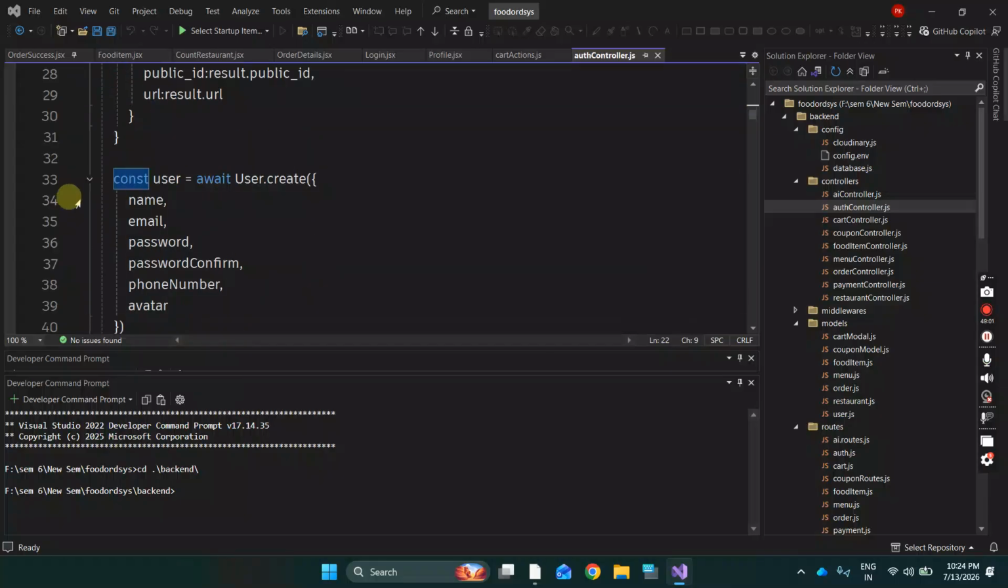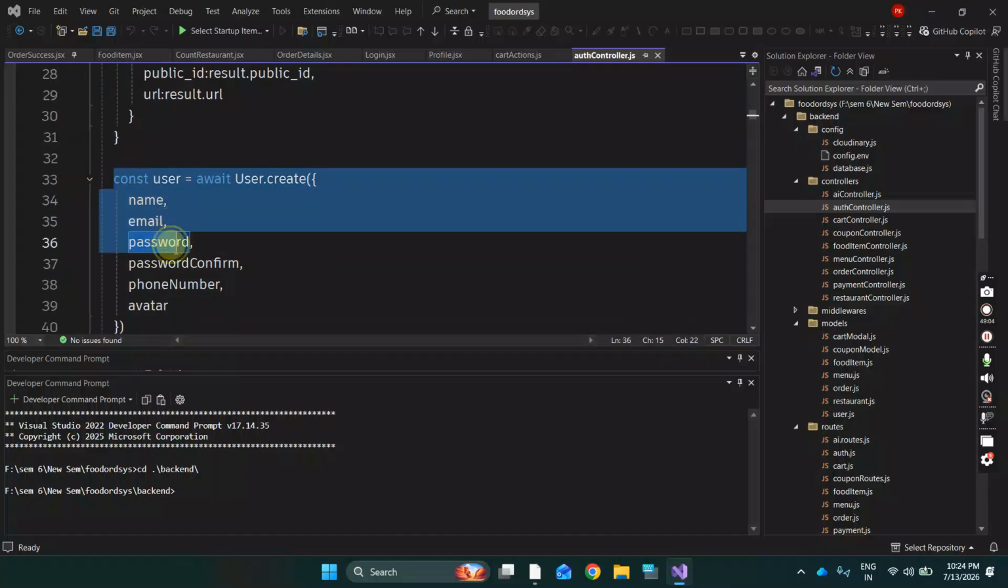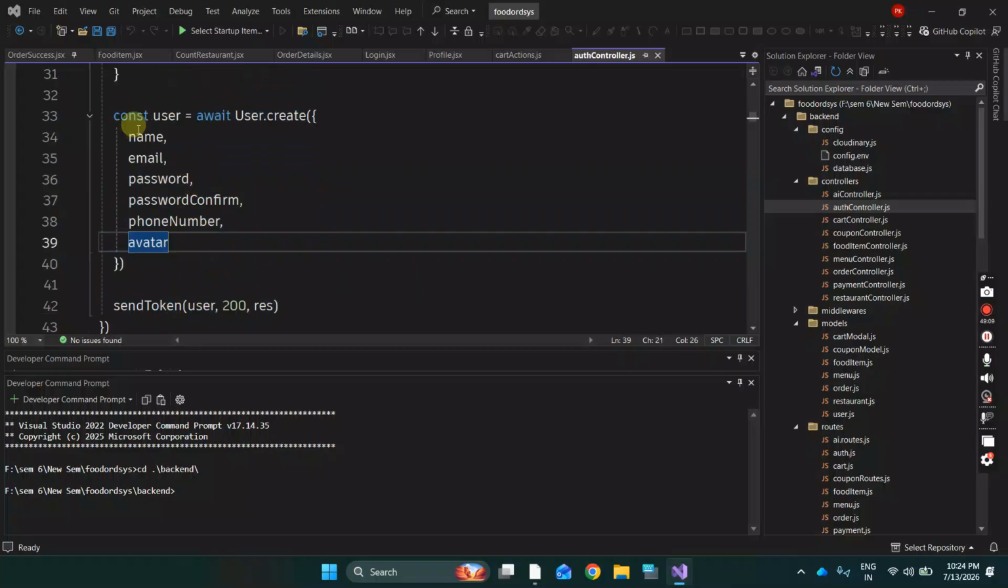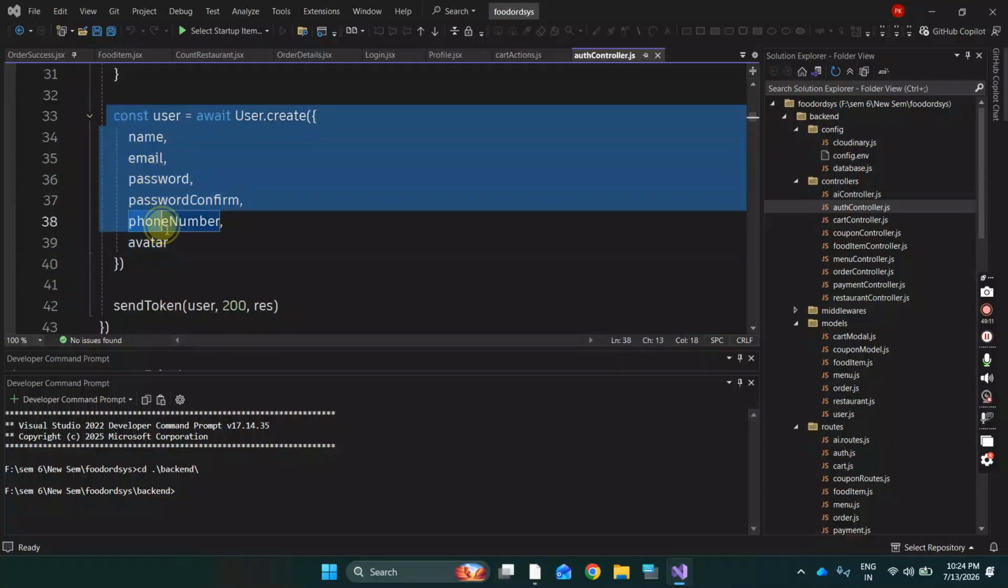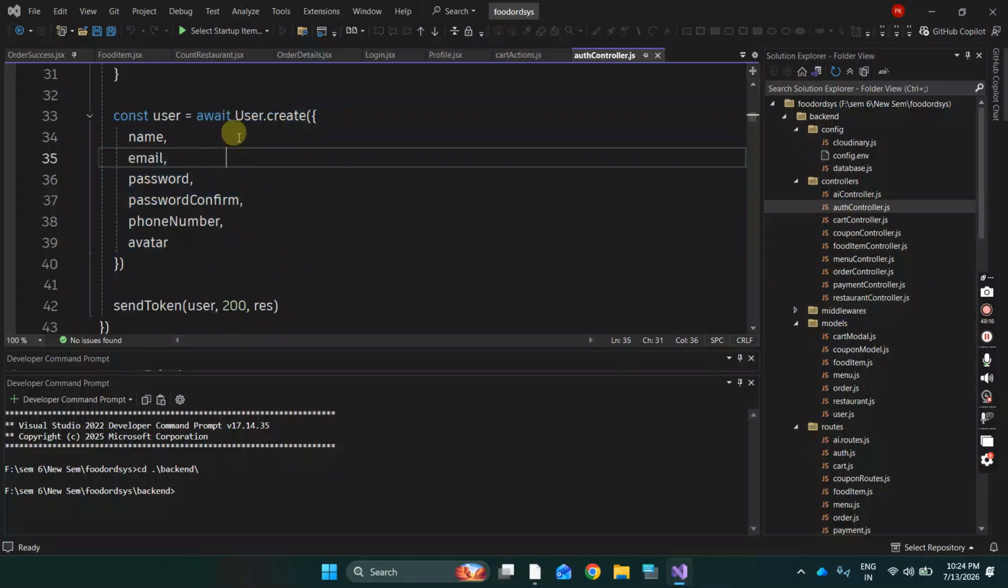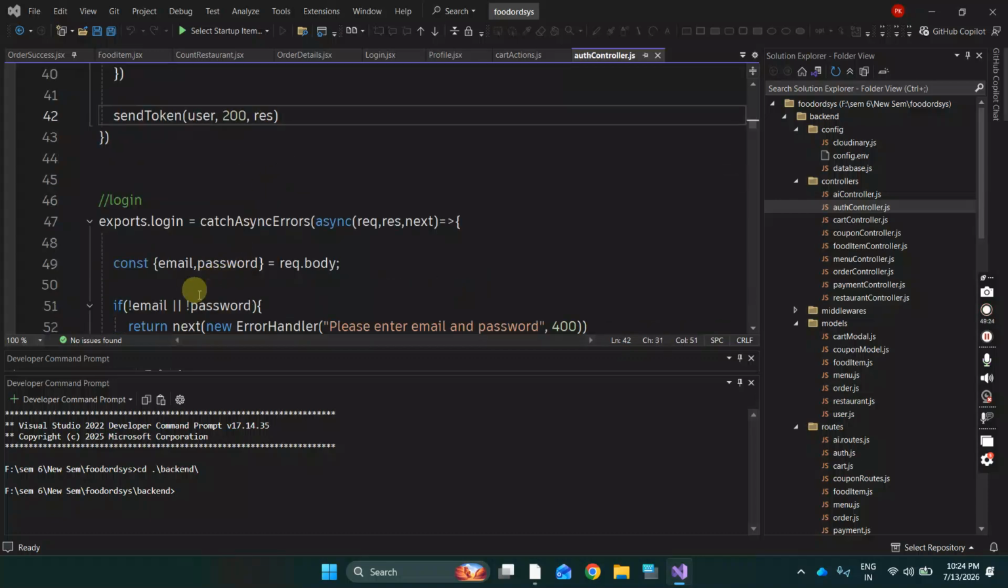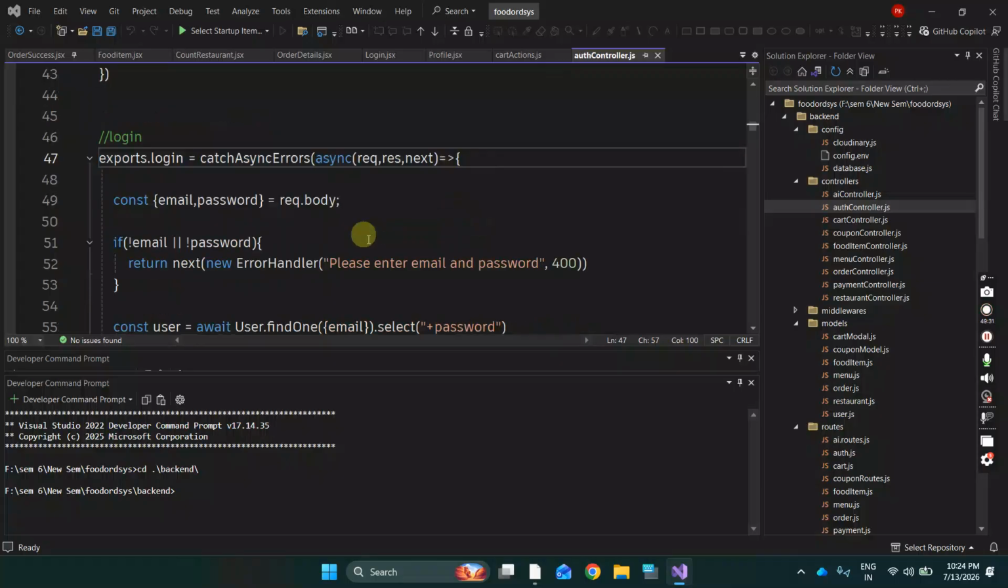Now, if you speak about the user to create its registration, then it will take the necessary details, that is the name, email, password confirm, phone number, avatar, and wait until it gets created. It will send a token, that means a message that it has been created. And if you speak about the email login, then it verifies the email and password upon request